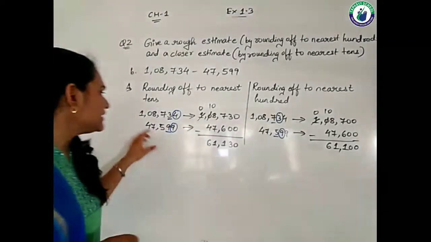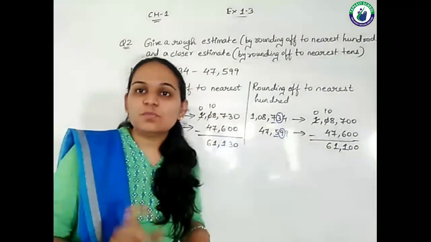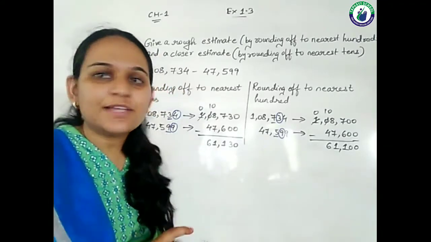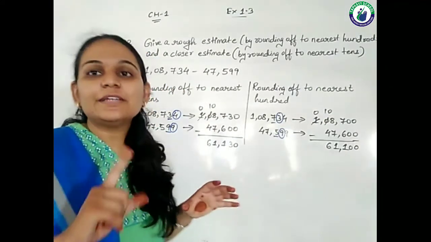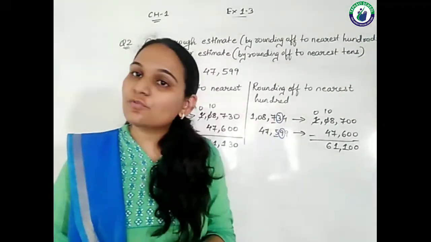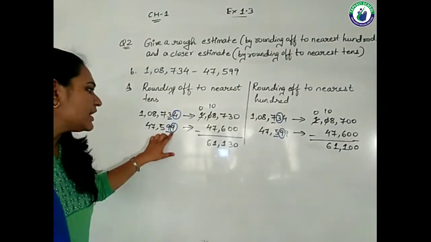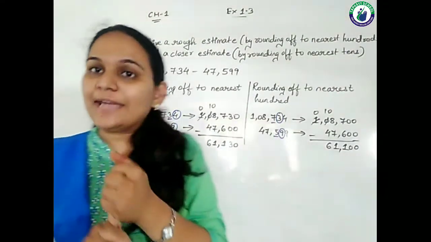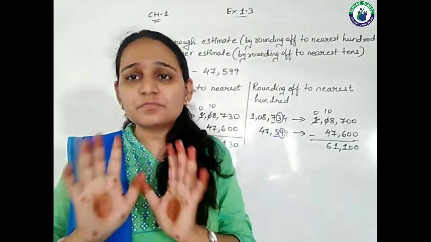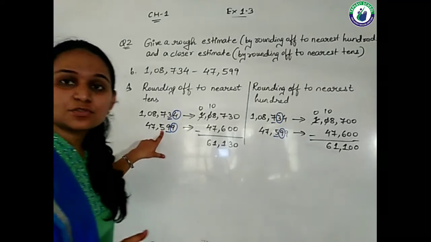And see the next number, that is 47,599. The digit which is going to be rounded, the tens place, is 9. And the helping digit is also 9. Now the helping digit is less than 5, equal to 5 or more than 5? It is more than 5, students. So now we will add 1 to this 9. If we add 1 to the 9, it will become 10. So the effect will go to this 5 also, right?